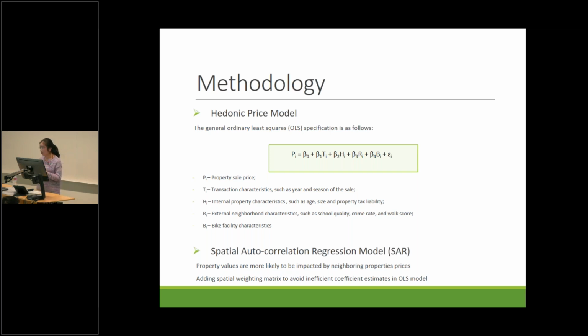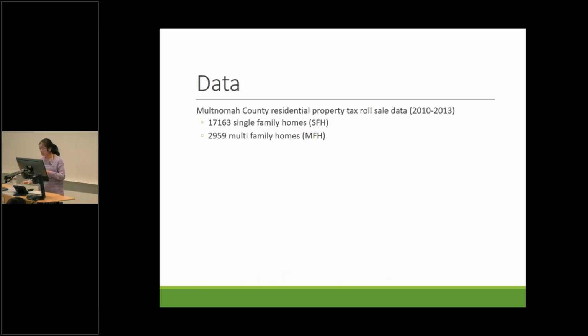So that's the hedonic price model. As many of you may think, property value can very easily be affected by nearby properties. Like if your neighbor sold their house at a high price, your house may also be more likely to get a high value. Given that reason,